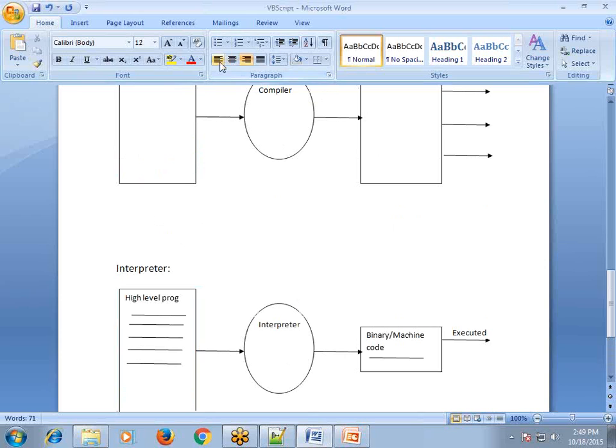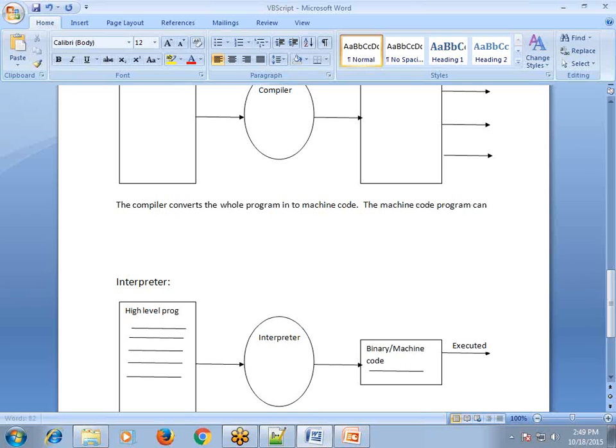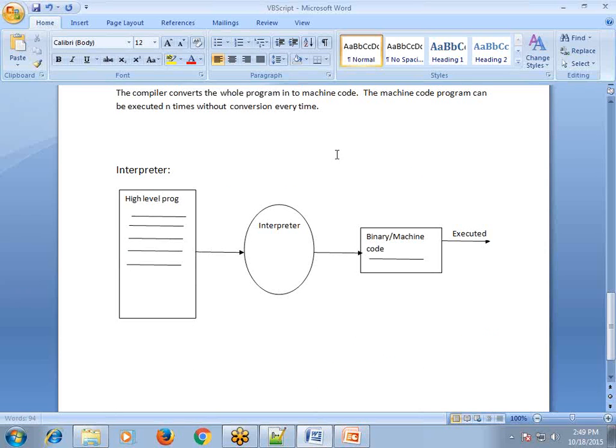So what I could say here: the compiler converts the whole program into machine code. Are you clear? And the machine code program can be executed n number of times without conversion every time. Are you clear? And when you come to the interpreter,